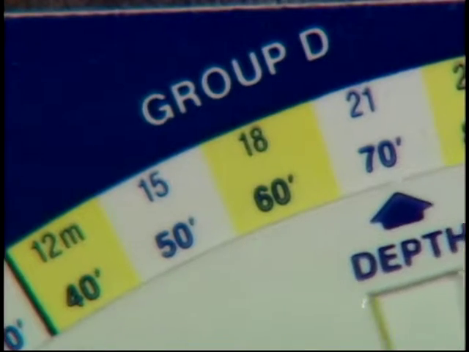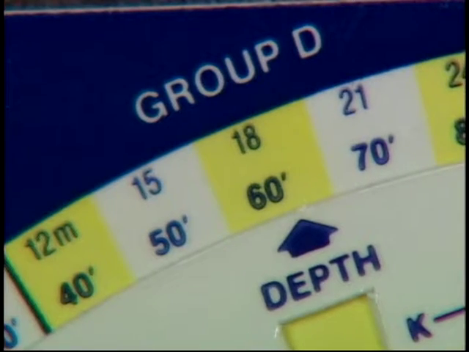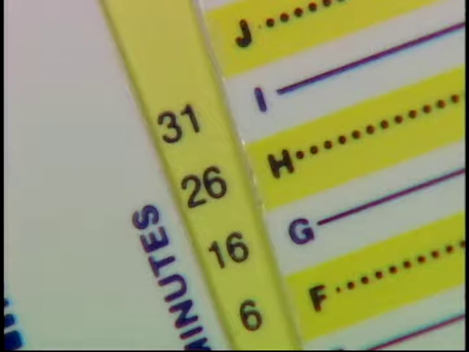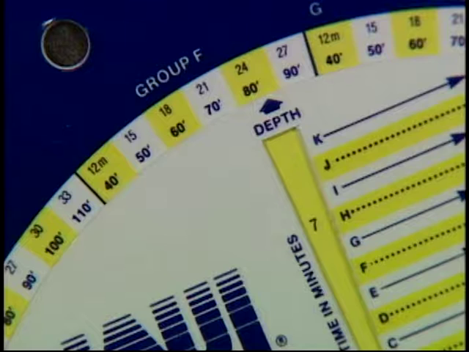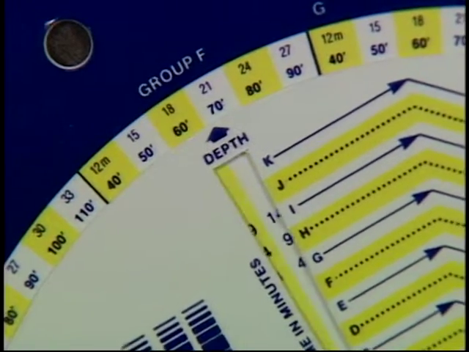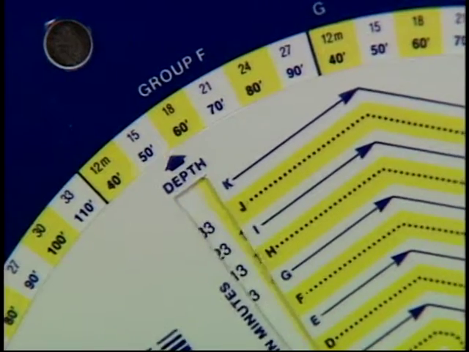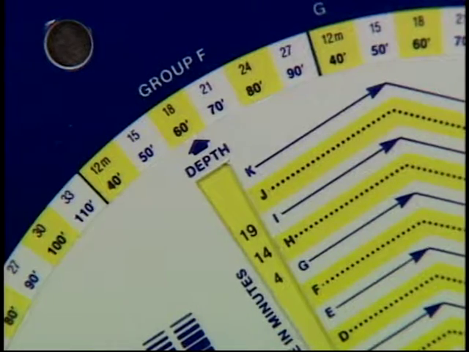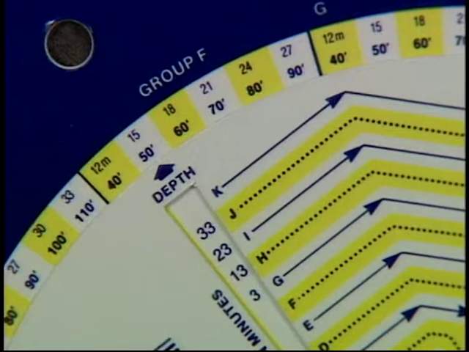To find your end of dive letter group for a repetitive dive using an 18-meter dive and the letter group D and your ADT is 23 minutes, the first time you do not exceed is 26 minutes. The end of dive letter group next to the 26 is H. Dive planning with the NAUI Dive Time Calculator is simple. For example, you are a diver with a letter group of F and you want to dive for 25 minutes. You move the window back and forth and find that you can dive to 18 meters for 19 minutes or to 15 meters for 33 minutes.